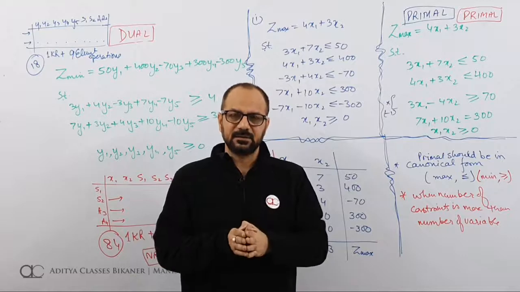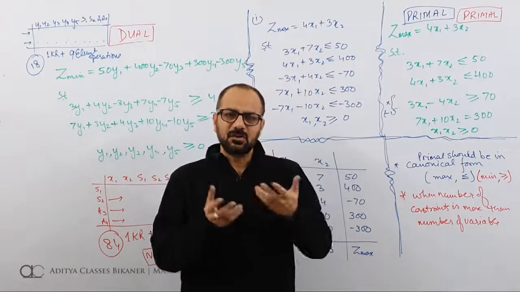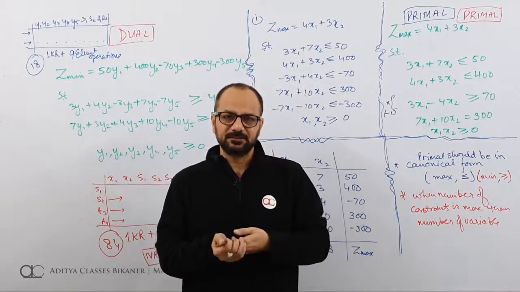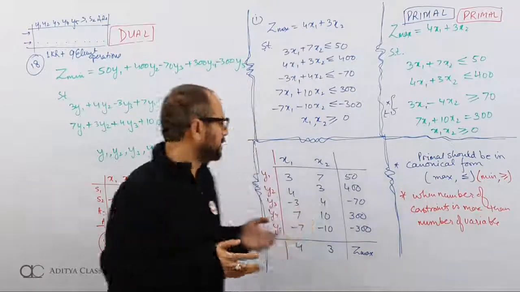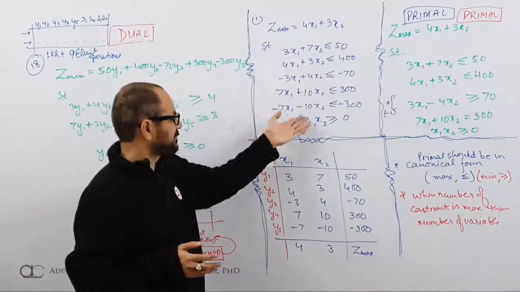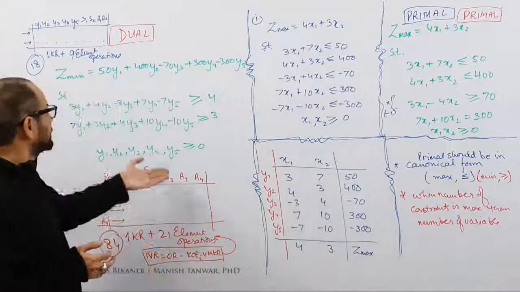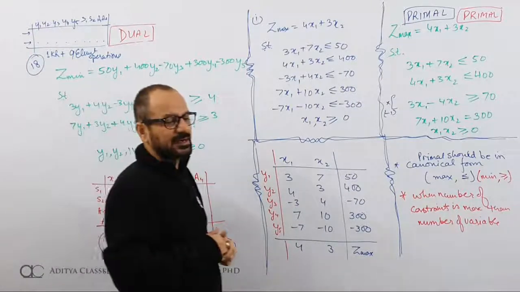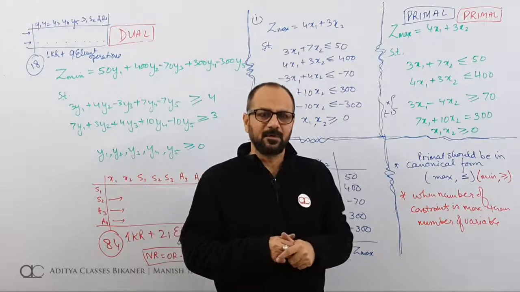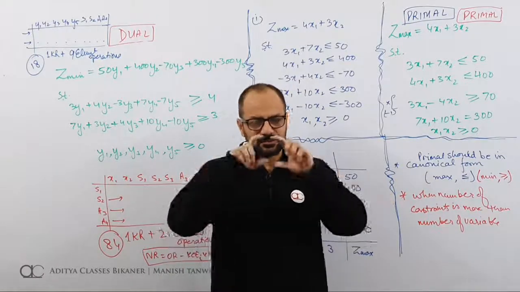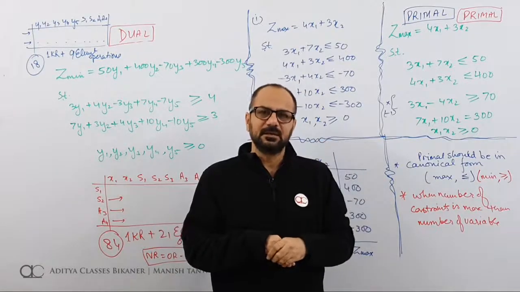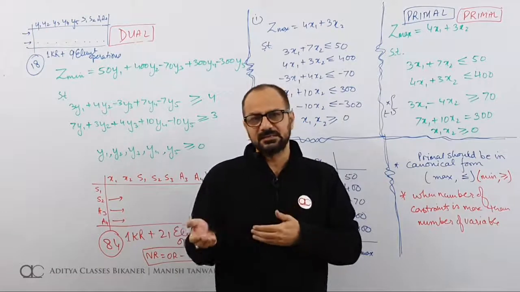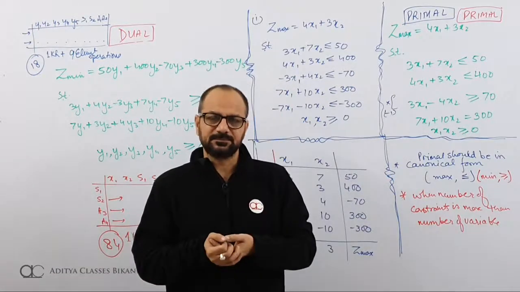In next lecture, we will try to solve and we will try to see the relationship in solution between various variables x1, x2, s1, s2, s3, a3, a4 and so on. So in next lecture, we will try to solve a problem using primal also and dual also to see what are the relationships between the various results, how the results are found out, what are the relationships and so on.